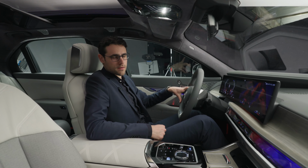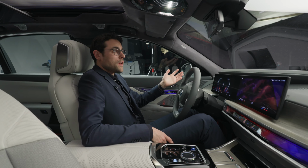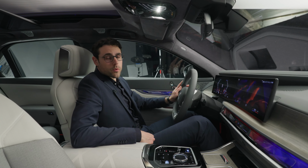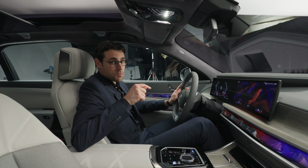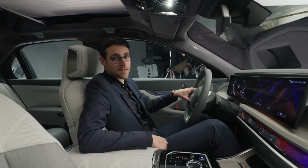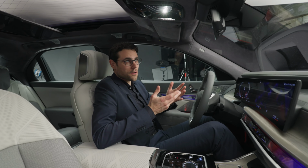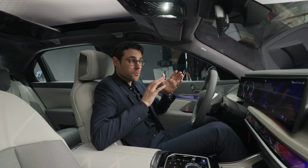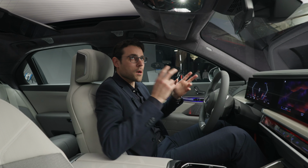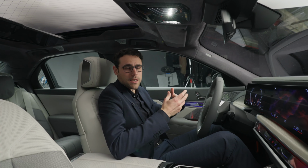Now the big question is, this here the i7 or the Mercedes EQS? Well, technology and range-wise, in summertime, both probably will end up the same more or less. This one here does feature a heat pump. So in wintertime, there will be a range advantage for the BMW. Then as for the exterior, this is of course personal preference. Me personally, I would take the i7 as for the exterior, because it just looks, let's say, more normal. It still has the more German look, rectangular design, whereas the EQS is